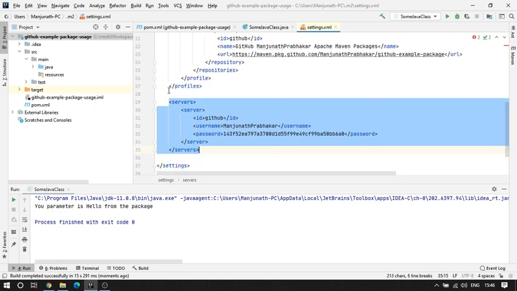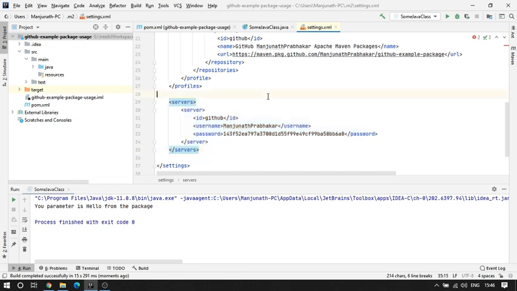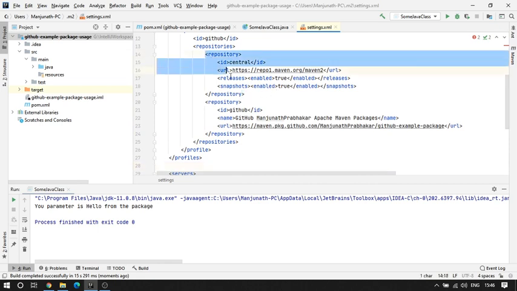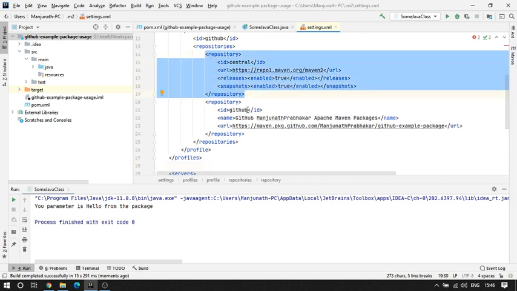So if at all I remove this, it is never going to work, because whenever you want to access a repository, you need to authenticate yourself before you download something. Why? The reason is, as I told you, whenever you're pushing to the Maven Central repository, your packages get encrypted, and then it gets stored as a jar file inside that. So it is now safe for somebody to use.